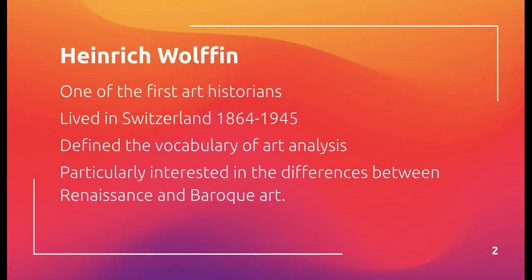So we're going to talk real quick about this guy named Heinrich Wulffen, and he was one of the first art historians, so one of the first people to study the history of art, which is what we're doing, right? He lived in Switzerland from 1864 to 1945, and he defined the vocabulary of art analysis. He was one of the first people to say, when we're looking at art, this is how we analyze it. He was particularly interested in the differences between the Renaissance and the Baroque, which is what we've really been talking